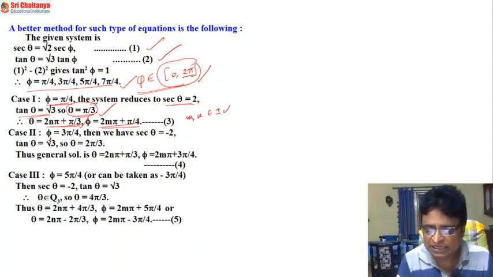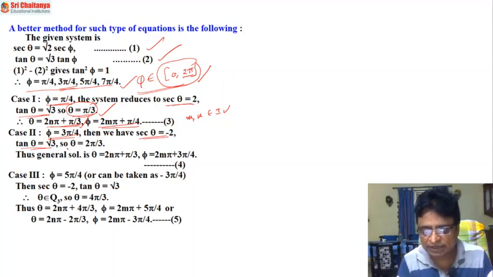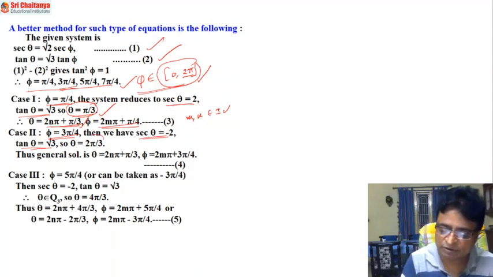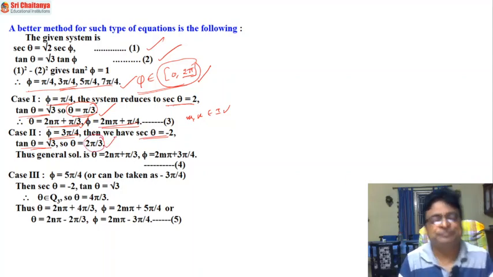So similarly, suppose the next point, if θ is equal to 3π/4, then what is your secant θ? Negative, tan θ positive. Secant is negative and tan is positive. In which quadrant is secant negative and tan positive? And for what value of θ will both be satisfied? Obviously that is in the second quadrant. So my θ would be this one. Just like above, you write the solution. Similarly,